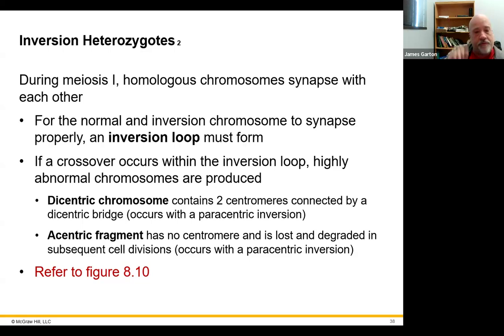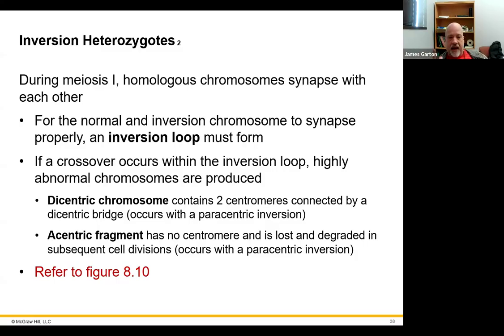But if one of those chromosomes suddenly has a big chunk of DNA backwards, the chromosomes involved in that pairing have to do something to make their sequences align. They have to form what is called an inversion loop. And this might result, if crossover occurs in that loop,